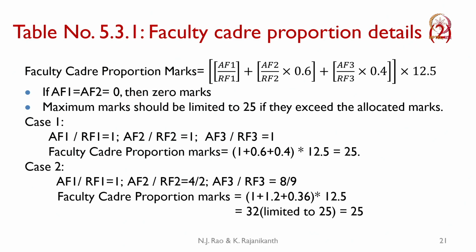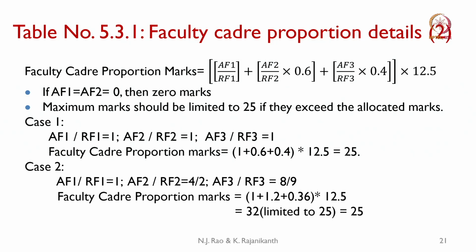AF1 by RF1 equal to 1 and then AF2 by RF2 equal to 1. Both, we have assistant professors, associate professors and professors in the required ratio, and assistant professors also. Then you get the maximum marks, which is 25. 1 plus 0.6 plus 0.4 into 12.5, 25. Then another case, we have slightly different ratios. AF2 by RF2 is 4 by 2, that means we have more associate professors than the required ones. Then the faculty cadre proportion marks, when you compute, it will come out as 32, but we will limit it